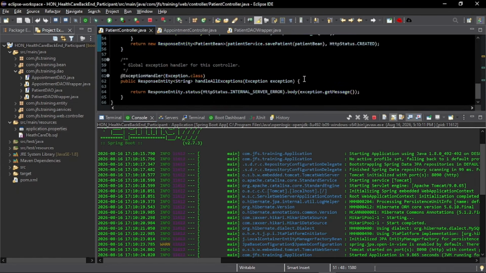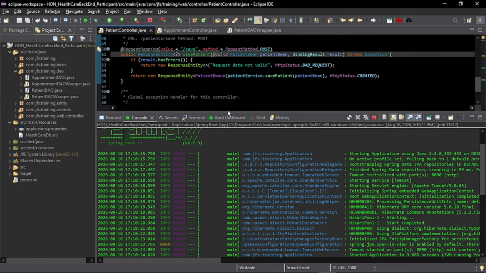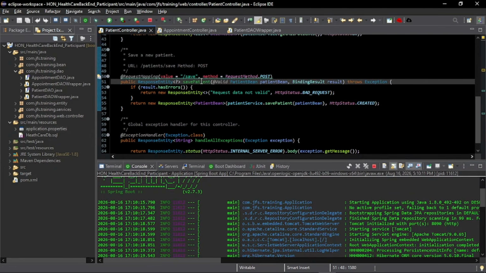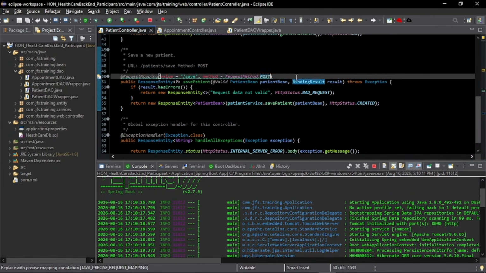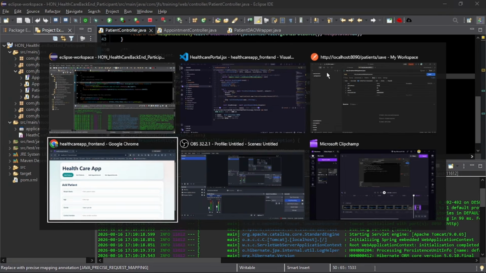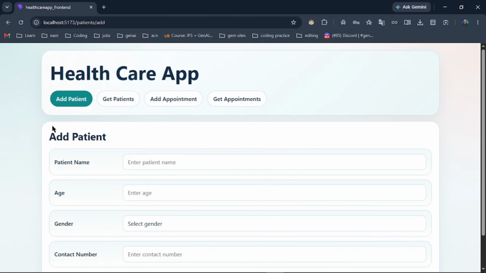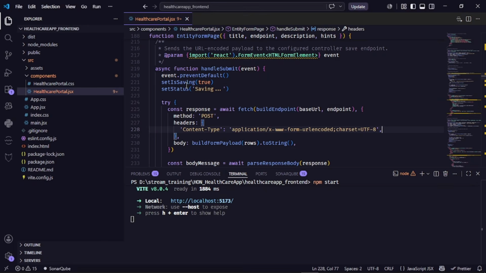पेशेंट कंट्रोलर में हमने क्या किया था, यहाँ पर जो रिक्वेस्ट मैपिंग है, इस रिक्वेस्ट मैपिंग में हमने एक कंज्यूम्स ऐड कर दिया था, कंज्यूम्स के साथ हमने मीडियाटाइप.json लगा दिया था। तो अब ये क्या हुआ था, पोस्टमैन पे तो काम करने लग गया था, बट दिक्कत क्या हुई कि फ्रंट एंड पार्ट पे जो एप्लीकेशन में है, फ्रंट एंड में क्योंकि इसको URL एनकोडेड में डेटा भेज रहा है, और वो जेसन में हमने कहीं पर कन्वर्ट नहीं किया है, तो वो काम नहीं कर रहा था।